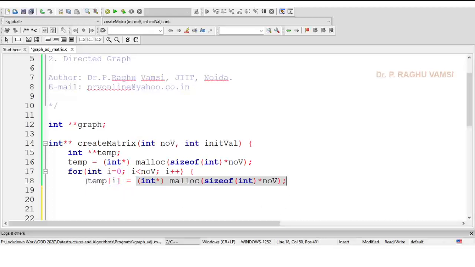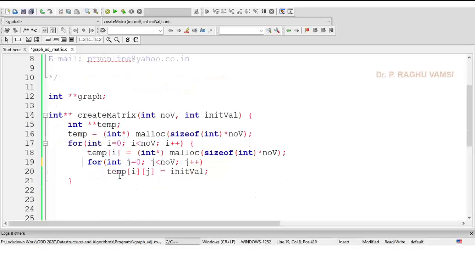Thereby, we will have temp of i of j, that means an array temp of i j will be created. Whenever this memory is created and a cell is formed, we need to initialize this cell with some initial value, to be assigned to temp of i and the corresponding cell, that is j.